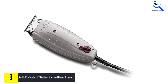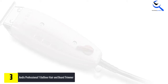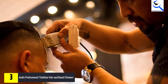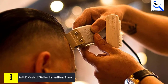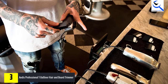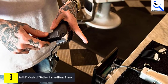The Andis T-Outliner comes equipped with a carbon steel T-blade. The blade can be zero-gapped for a very close, smooth cut. The motor is extremely powerful and allows the blades to literally cut through all hair types and lengths. Barbers use this trimmer to groom necklines, sideburns, around the ears, and beards with precision. Generally, you'll want to use a traditional trimmer to make your beard shorter, and then use this detailer to design your beard. Good for dry shaving, Andis's T-blade trimmers are great for men with sensitive skin who want to avoid